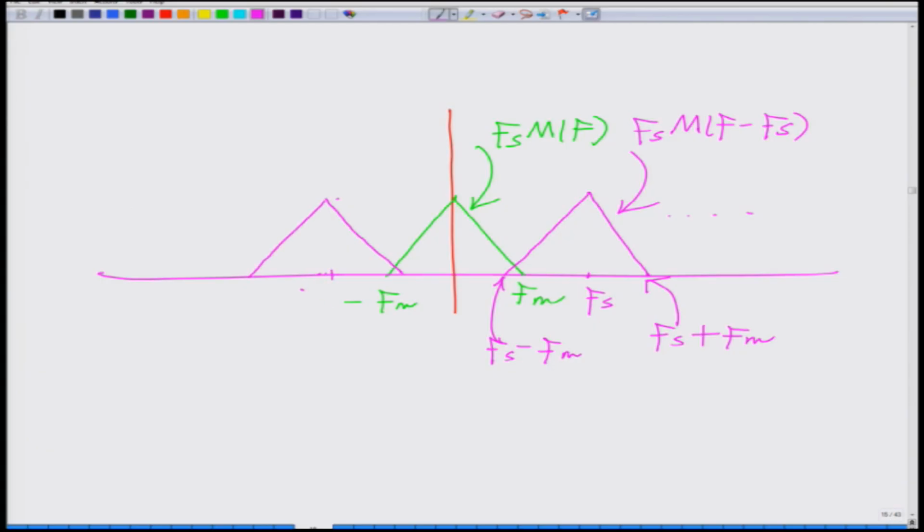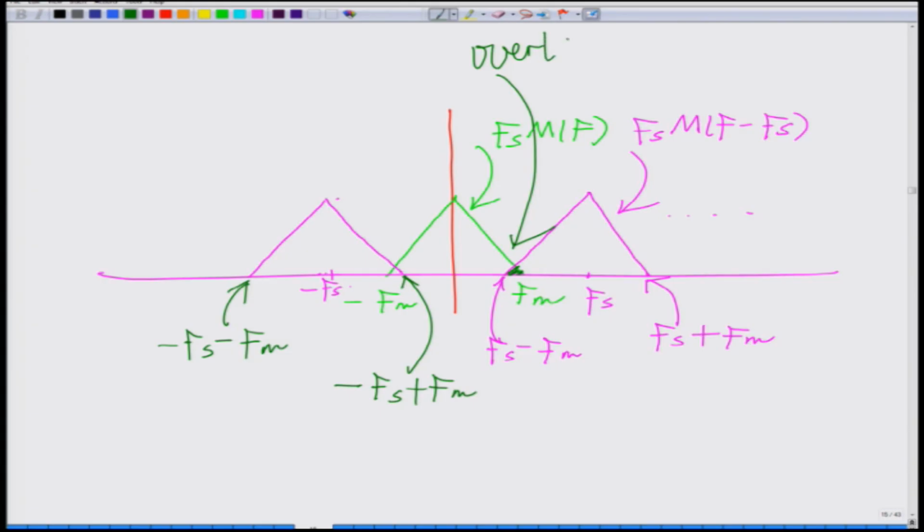Naturally this point is going to be minus Fs plus Fm, this point is going to be minus Fs minus Fm, and now you can see there is a possibility of overlap of spectral copies,